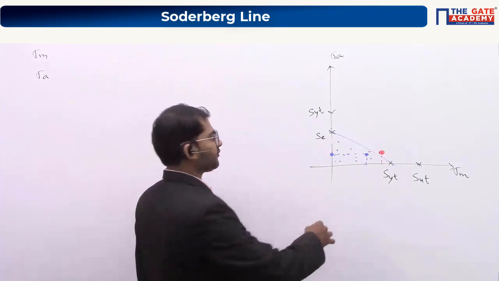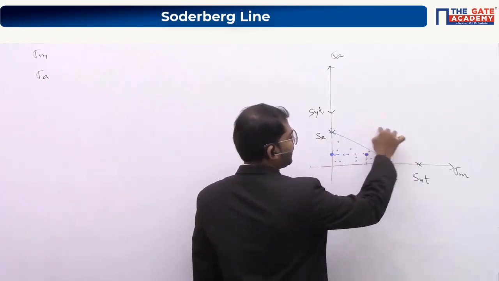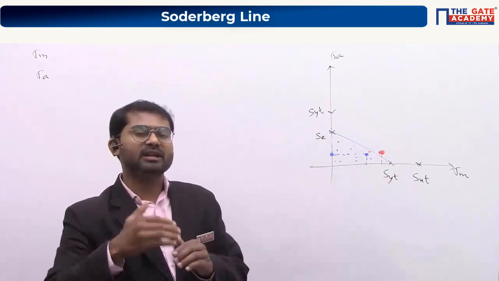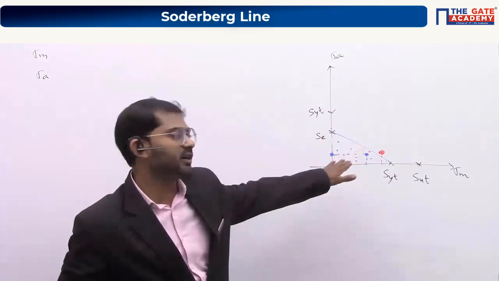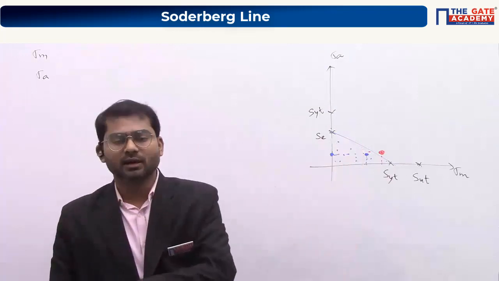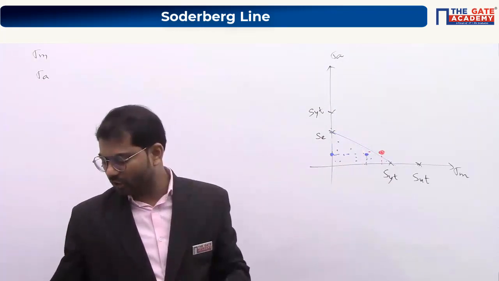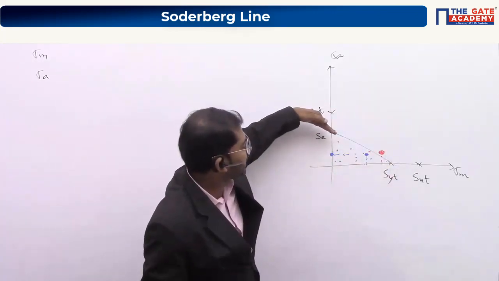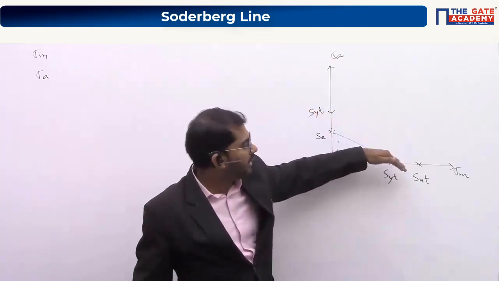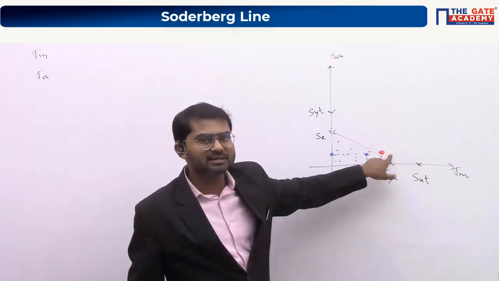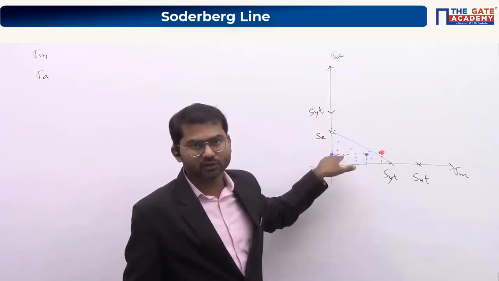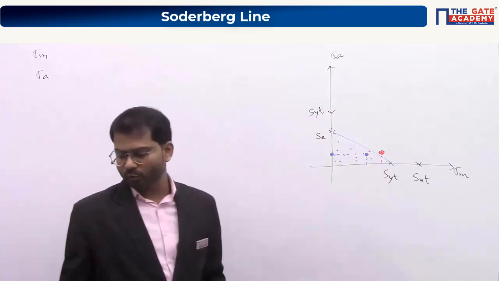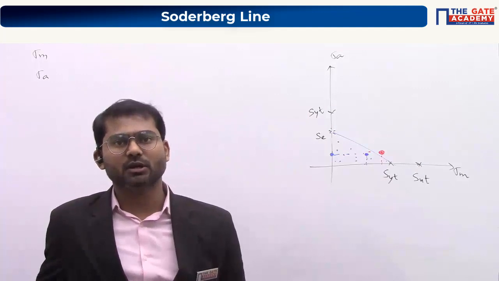Okay, so he started from taking a rectangle, because if you take a rectangle, this will be in a safer condition here. Then he checked by experiments whether it is completely valid or not, whether what he is expecting theoretically on this particular graph is being satisfied in the experimental setup or not. So like that he went on deciding, decreasing this area, and came to the condition that if we take the straight line between SE and SYT, and the points are above this particular line, though their sigma mean and sigma amplitude values will be less than SYT and SE respectively, still they are not going to be safe. They will be safe only when they are below the line. So blue points are safer and red points are not at all safe.